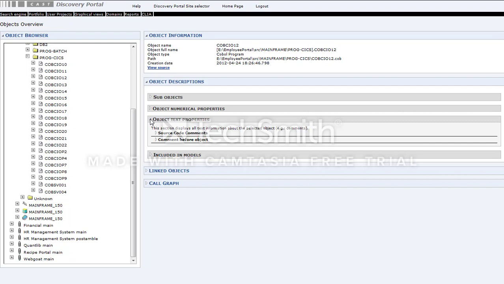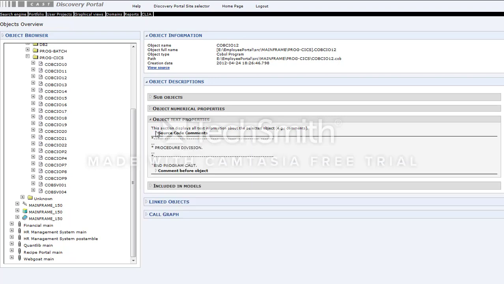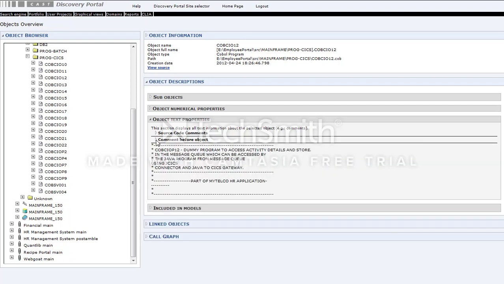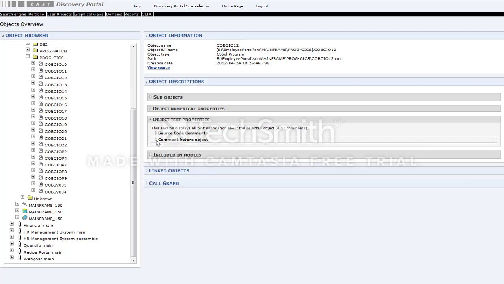Just for the record, in the case of COBOL programs, there is some additional information that is different and that will be dynamically displayed, such as, for instance, the source code here. So instead of looking at the thousands of lines of code of the program itself, it's only highlighting the different comments that can help me understand the program faster than reading the whole source code. But that as well is dependent. In the main session, we had a look at an ABAP report which had another text property, and that's it.